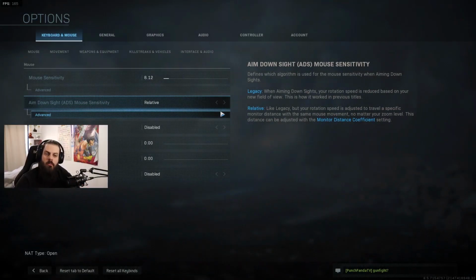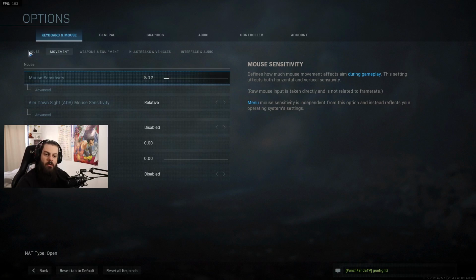Alright guys, so we're going to jump right into the settings tab, and we're going to start with keyboard and mouse. You're going to really want to focus on a mouse sensitivity that works for you. Usually lower is going to be better, so really get in tune. Mouse sensitivity is really what you prefer. Get in tune with your DPI and your mouse sensitivity, but everything else in the mouse tab is pretty straightforward. We're going to jump over to the general tab